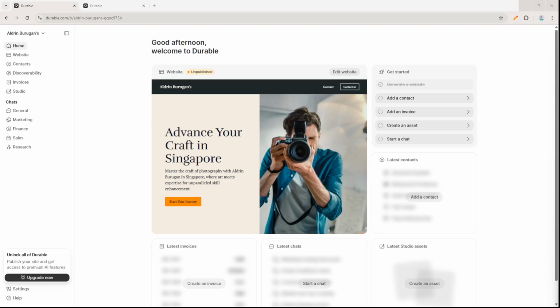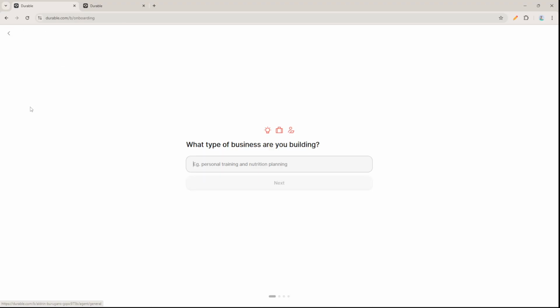In today's video, I'm going to teach you how to use the AI text generator in Durable AI. Start by opening your Durable AI dashboard. Once you're in, head over to the AI Copywriter or Content Generator. This is where the tool transforms a few simple inputs into clear, on-brand copy you can use across your website